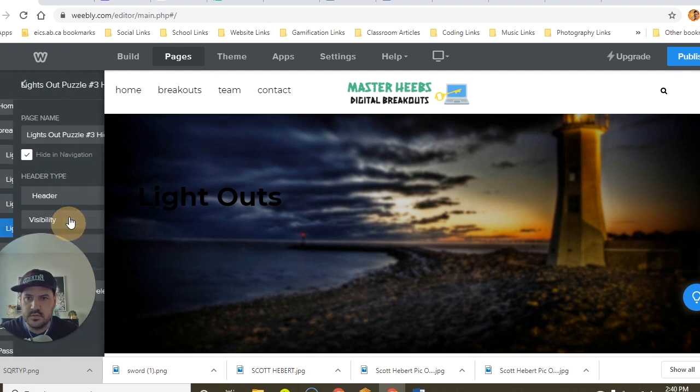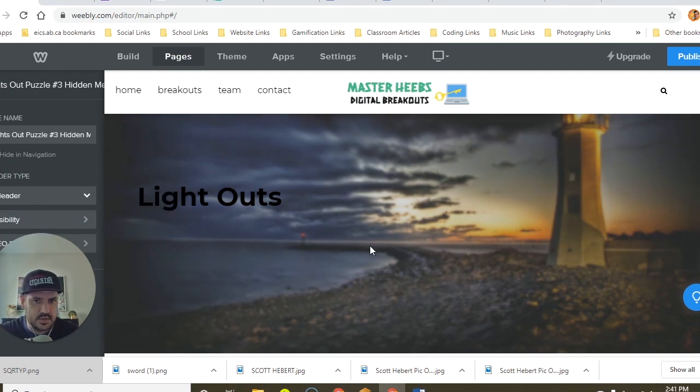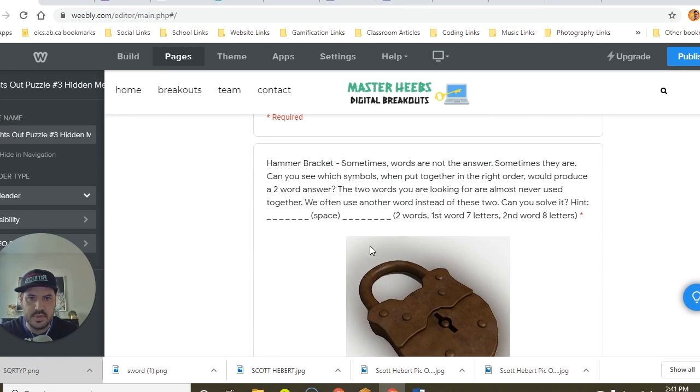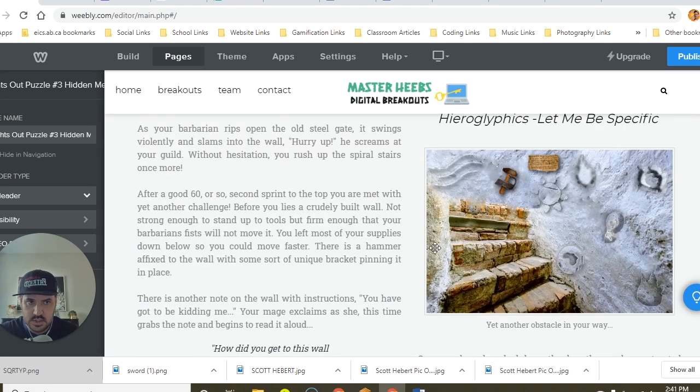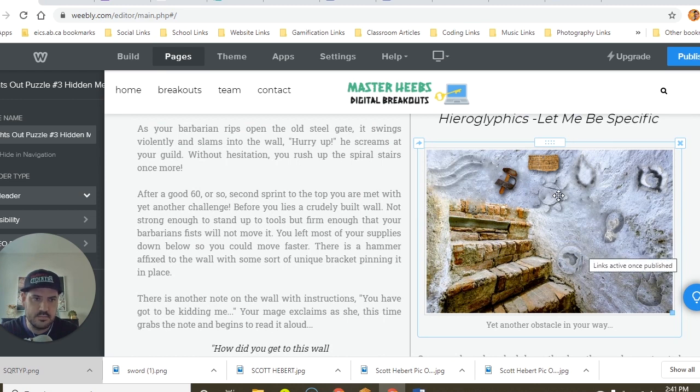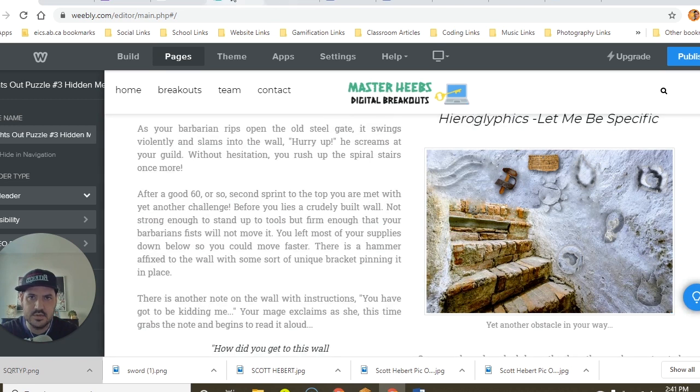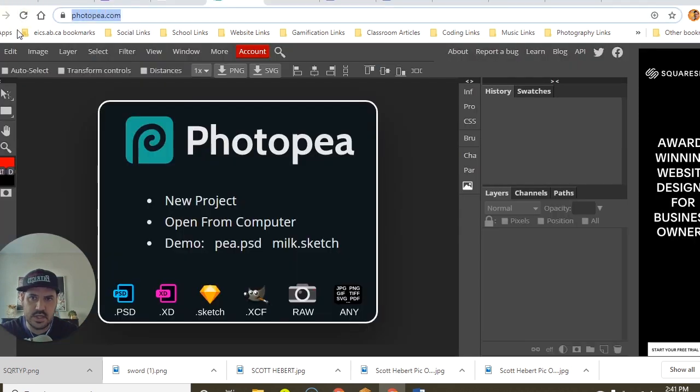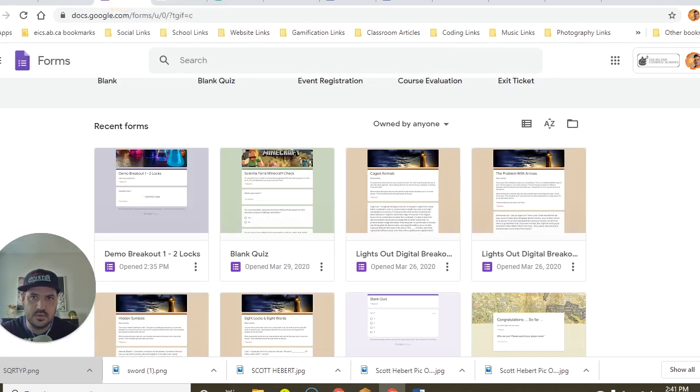Here's a different one, though, a different way to do it. My answer is still numeric, or still alphabetic. However, I use Photoshop, and I took pictures and I made it look like they were chiseled into the wall. I know my students sometimes watch these videos, so I'm not going to speak too much about it, but I use an online editor called Photopea, and you can look for all kinds of different tutorials. So to figure out how to do this